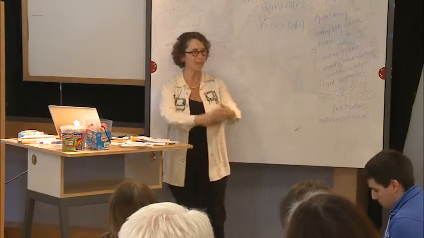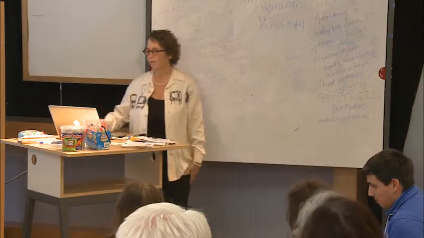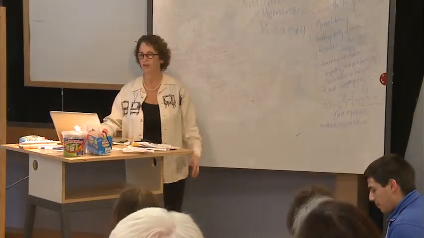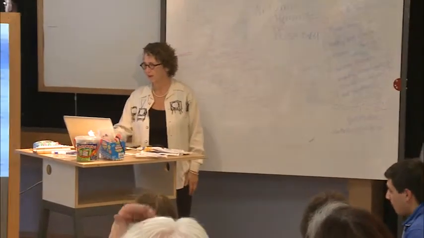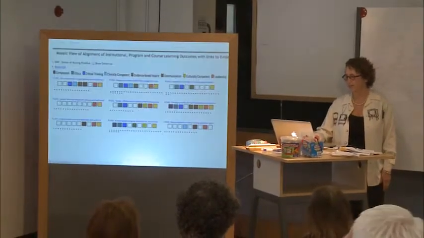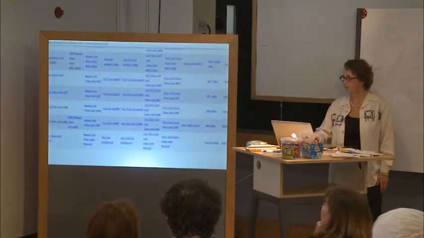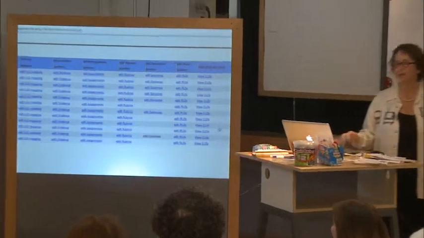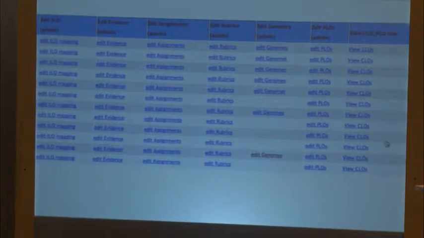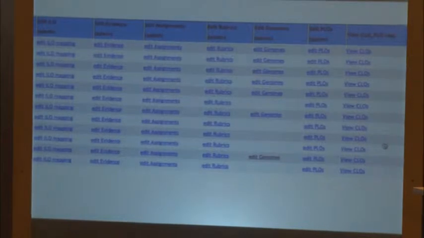At least we got people engaged in the conversation about what we want our values to be. What are we teaching? Are we teaching what we say we're teaching? And then what has happened with this is that I want to show you one more thing that we've done. One of the things that's happened is that we've really ended up transforming the whole institution, because when you start by looking at authentic evidence of student learning and get away from just looking at test scores, it invites this whole emphasis on teaching and learning.